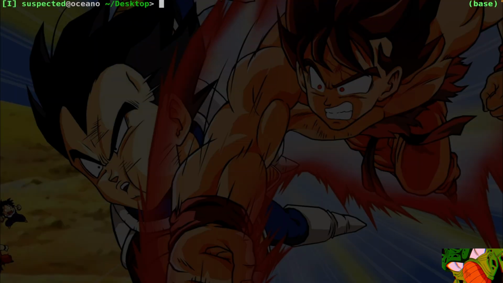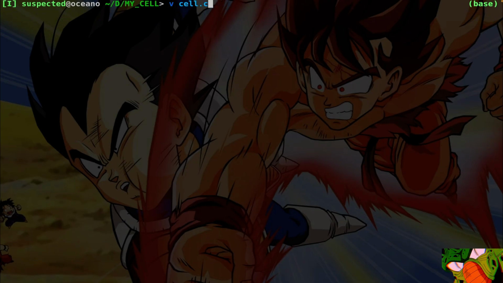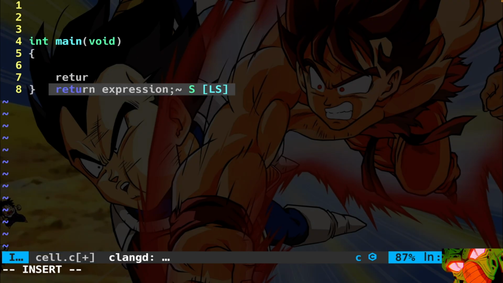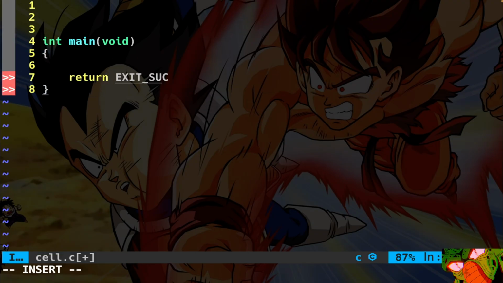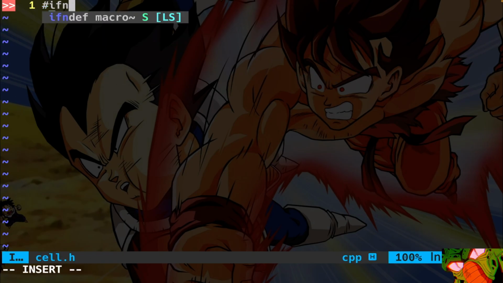Okay, let's start to write some code. I create my directory, my cell, and I cd into it. All right, let's create a cell.c, which is the main file, and we start with the main function as always, right? We don't need command line arguments. We return exit success. Let's create another file called cell.h, the usual guards,